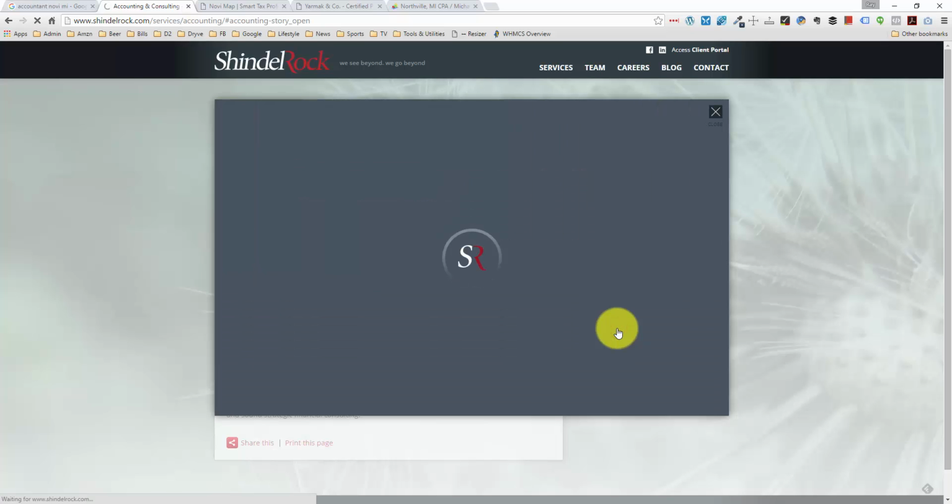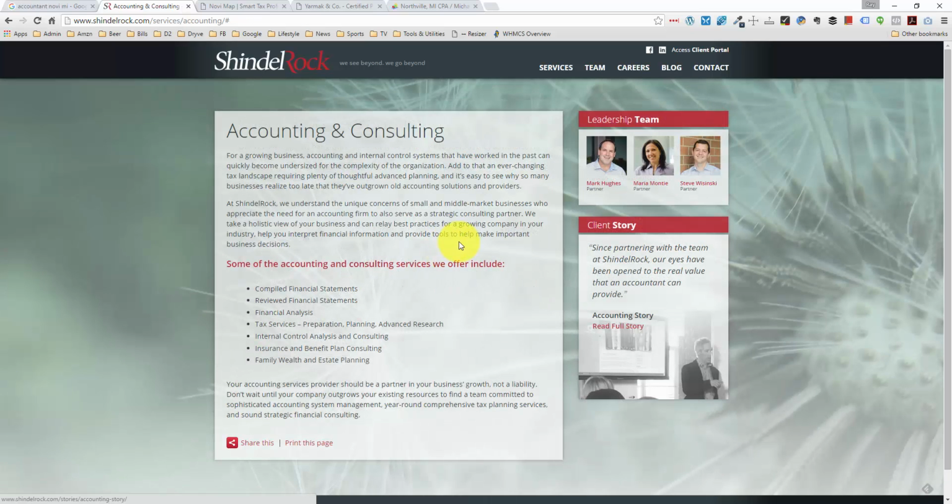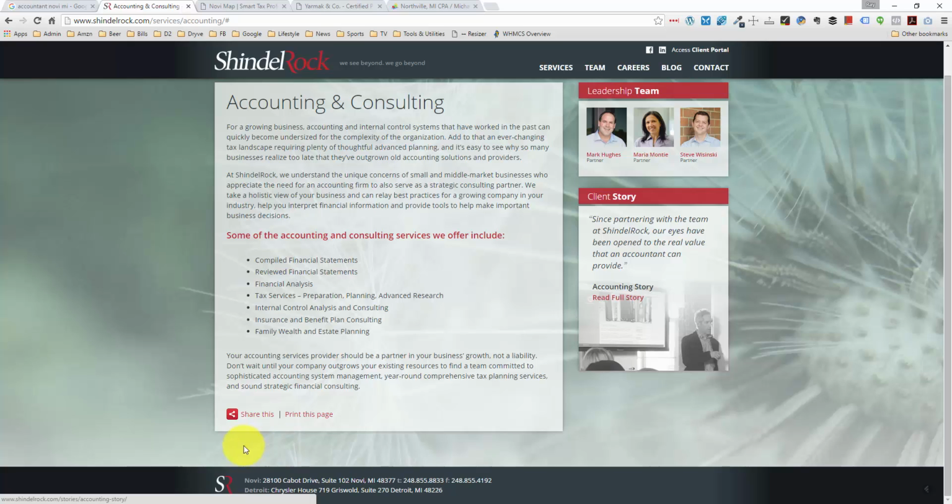So let's take a look at that. And this is actually interesting. I thought this would be a separate page, but they load the story within a fancy box kind of container. So that's pretty cool. So they have a lot of slick features with this, and it doesn't appear as though